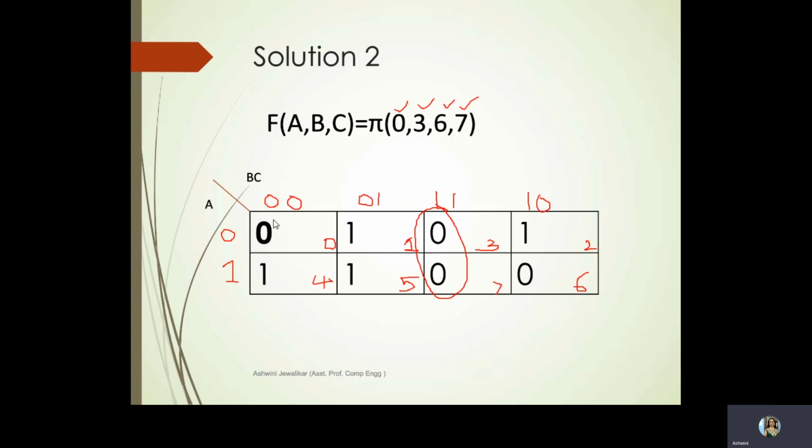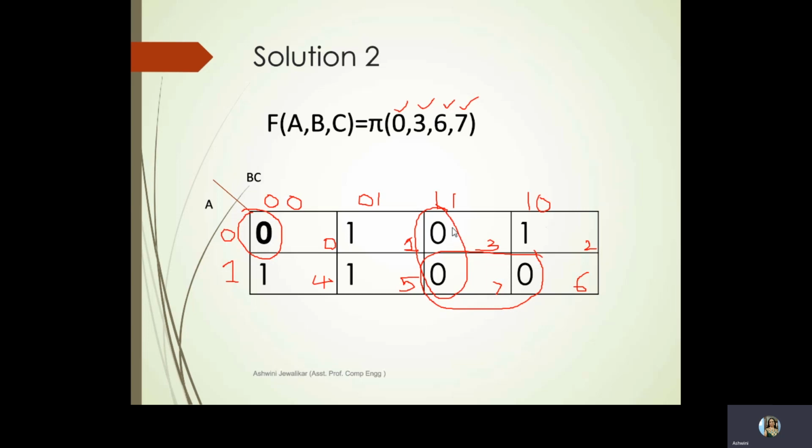This 0 cannot be paired with any other 0, because we don't have a 0 at the corner here horizontally, so that we can fold it and group it. So this will remain alone and form a single group. Again, overlapping this first 0, you can group these two zeros together. Okay, so like this, all the zeros are covered here, and now our grouping is done.